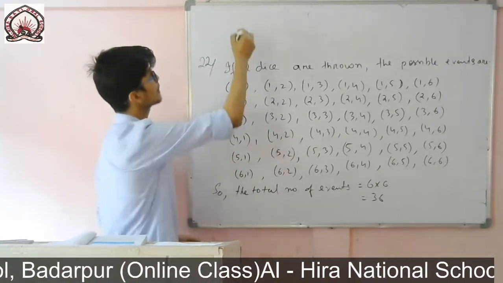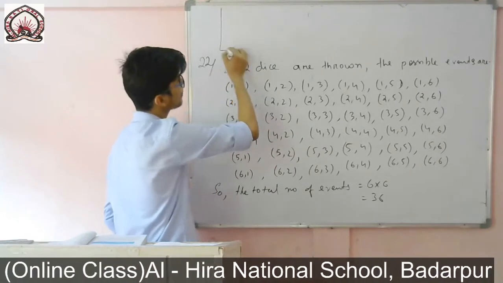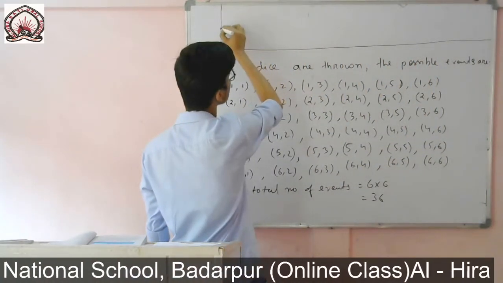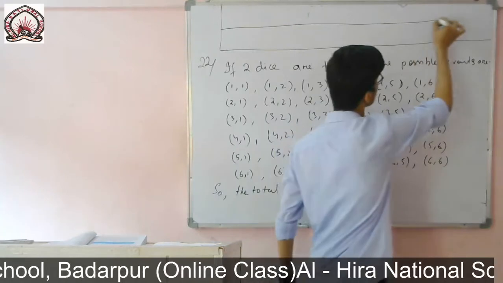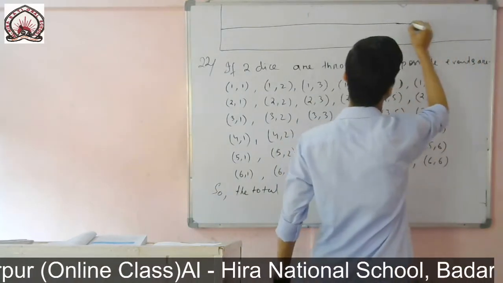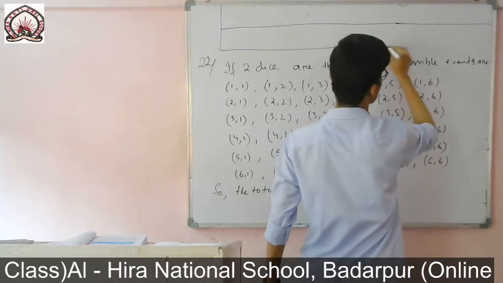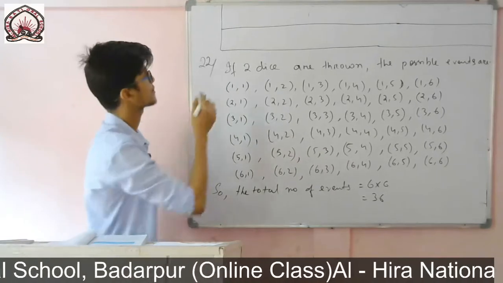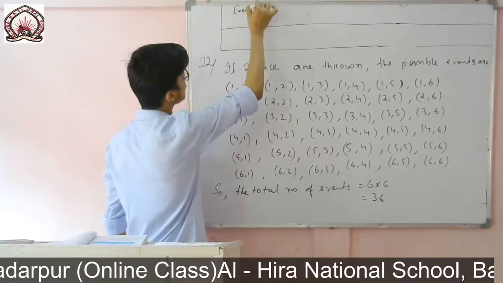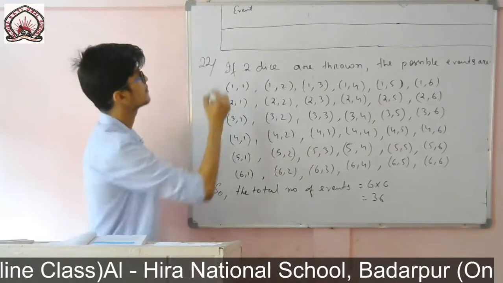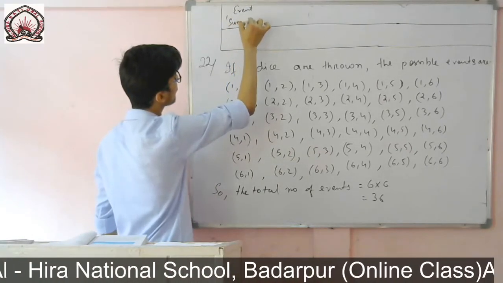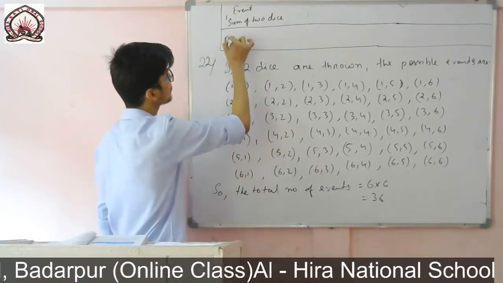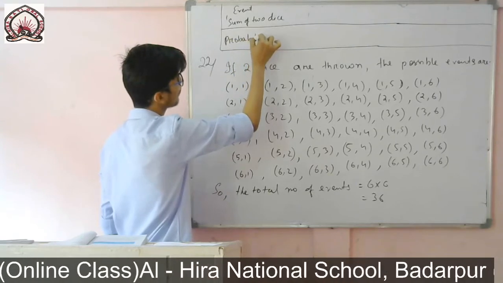Or directly I will fill the table. First of all, I will make the table. You see it very carefully. Since I am not doing it by the other method, I am doing it directly, so be careful or else you will not understand. So it is the event, the sum of 2 dice, and here it is given probability.